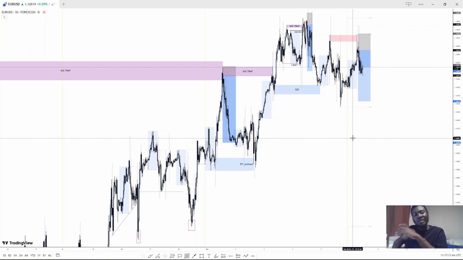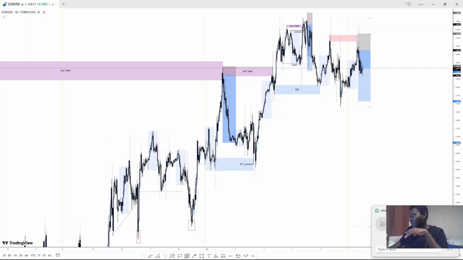I've been getting a lot of questions, and I've seen a lot of people asking, how are you taking a trade here? You see no demand. What is the secret behind how you take your trades? There's basically no secret behind how I take my trades. It's just that you guys are not really familiar with a lot of